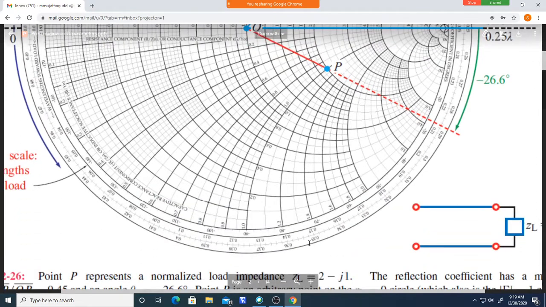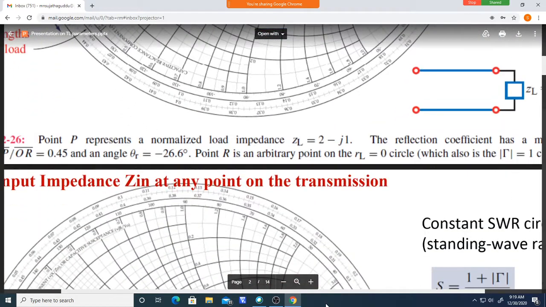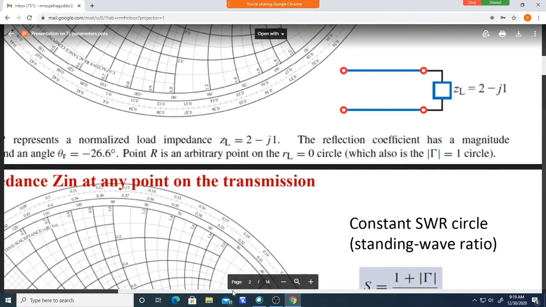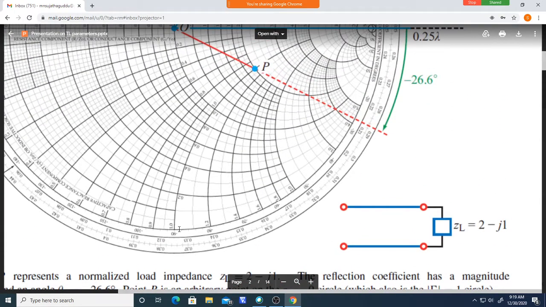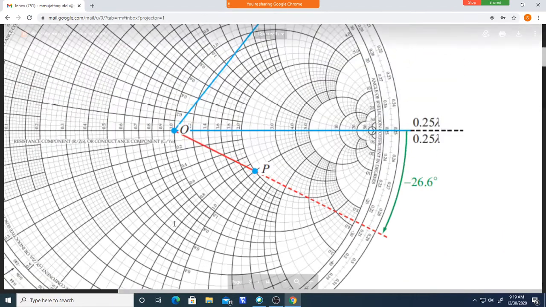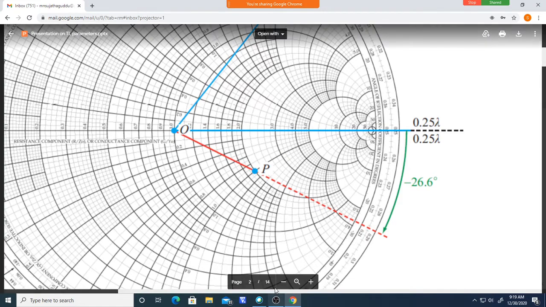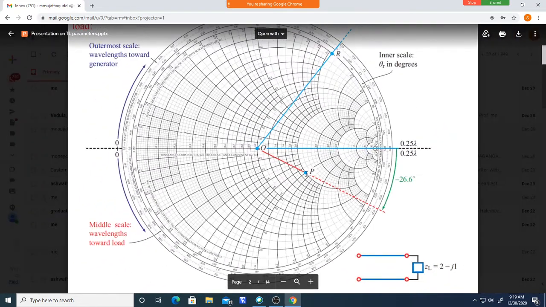And it is not plus 1. You see, the value given is minus 1. So minus 1 means here below. This is minus 1 and this is 2, the intersection of those two: the R is equal to 2 circle and the X is equal to minus 1 circle. This is a point, so we marked it here. So this is the impedance. It is the intersection of the 2 circle and the reactance of minus 1 circle.